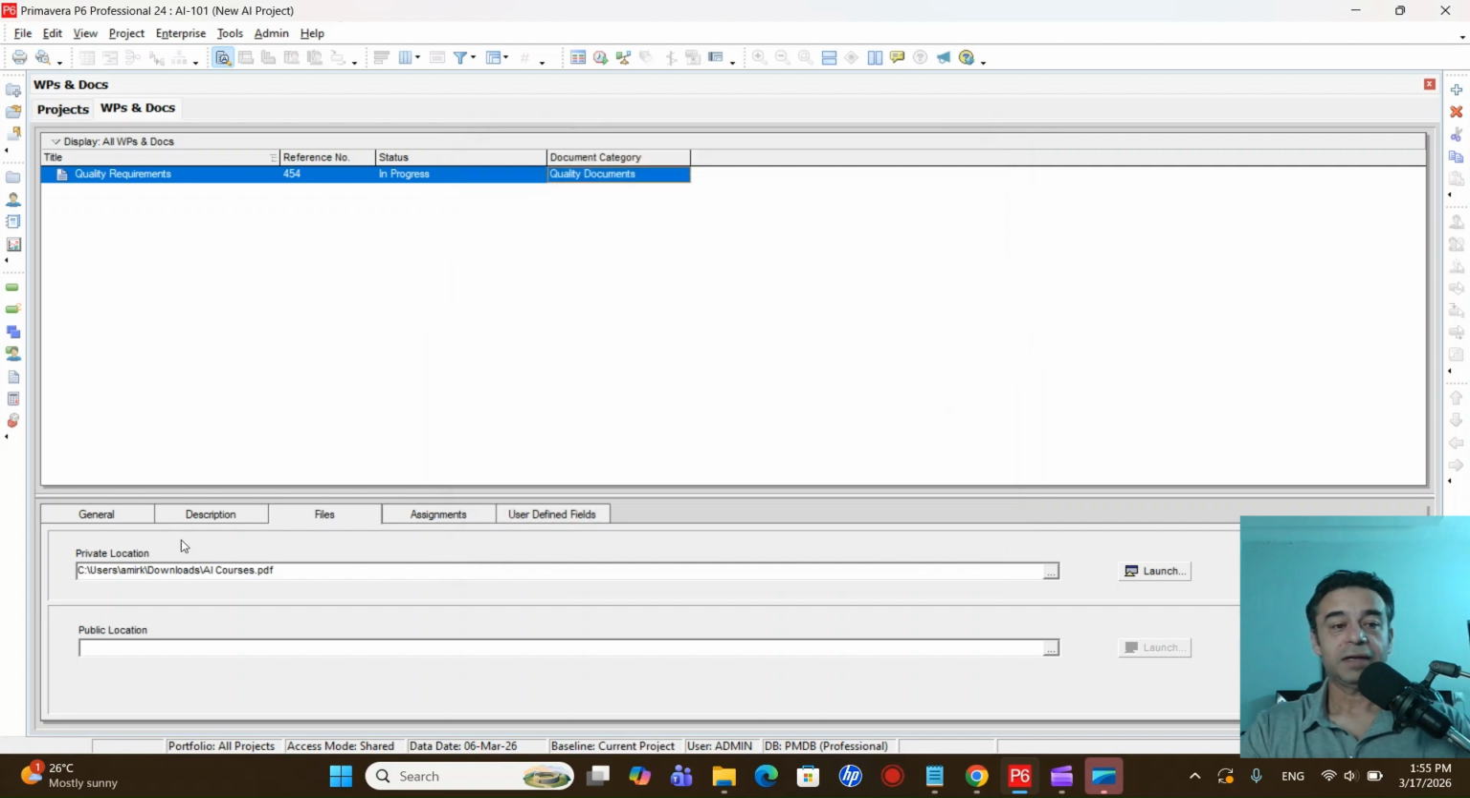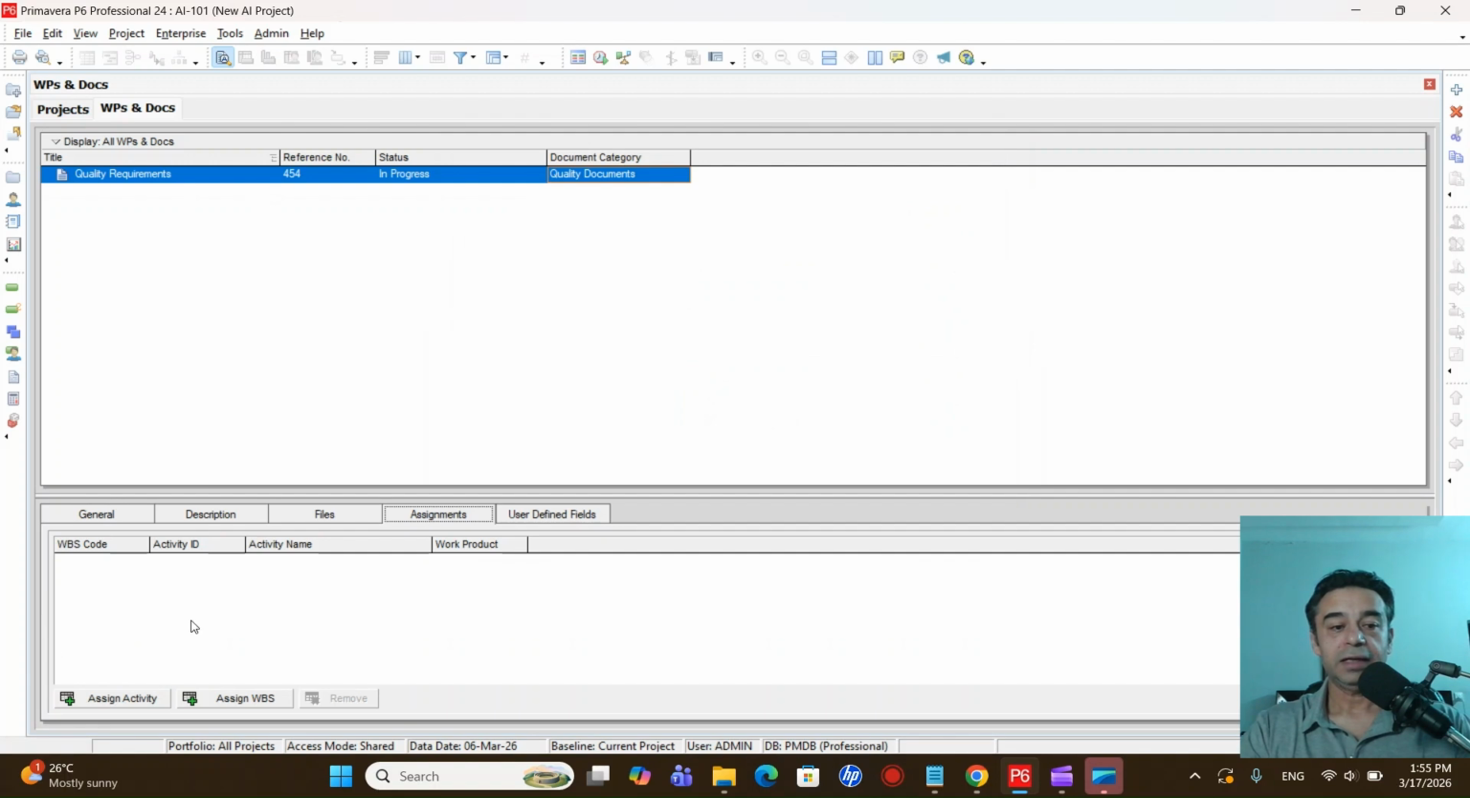So that is how we can link the actual file with the document that we have created. And if you want to view this document, you can simply click on the launch button. Then once you have created the file, you can assign this document to any WBS or to any activity. Since we have not created any activity in our project or any WBS in our project,